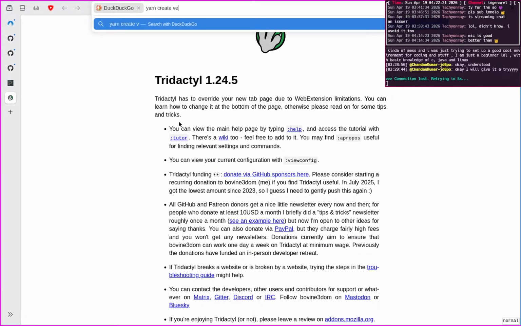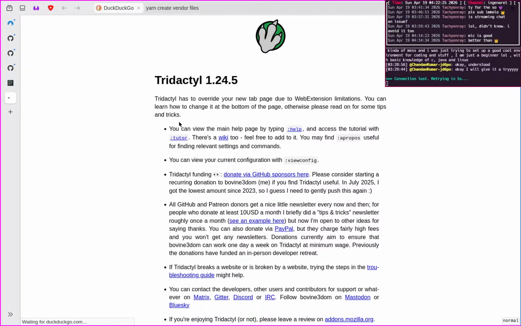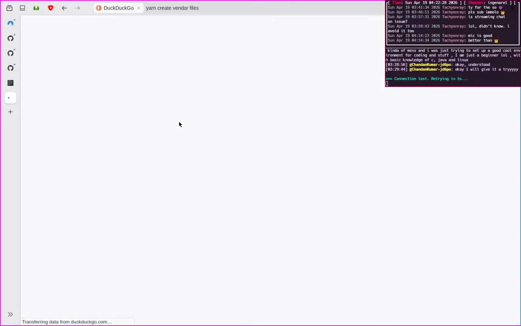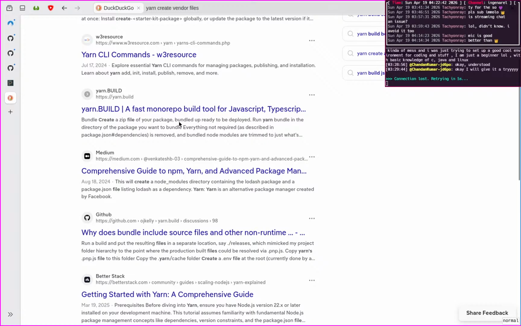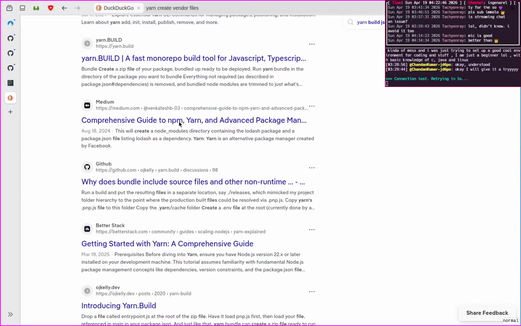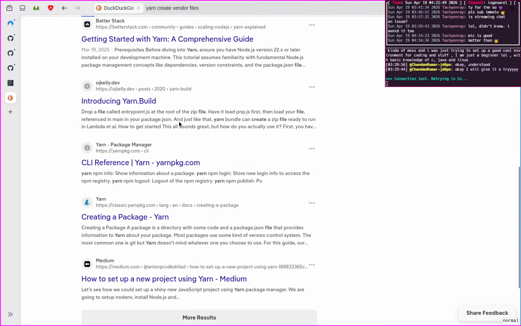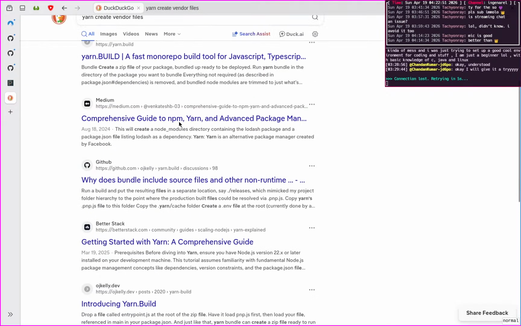Yarn, vendor files. I'm just going to go with vendor for now. Or should I not do that? Okay, you know what? It's like 4:20. What I'll try to do is try to implement the